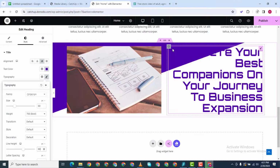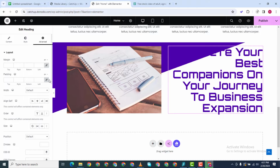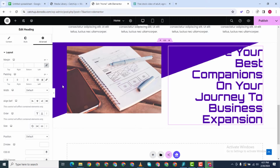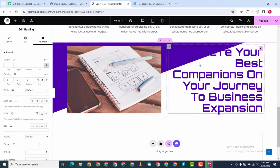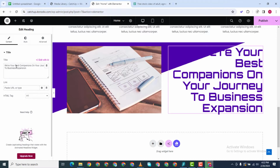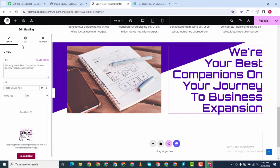And then what I'm going to do is give this a left padding of, let's say, 60. You can increase it till I see the effect. Let me say 200. I can go ahead and now let me do this. Let me break this text. We are okay,